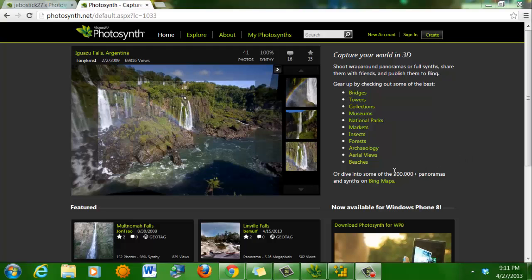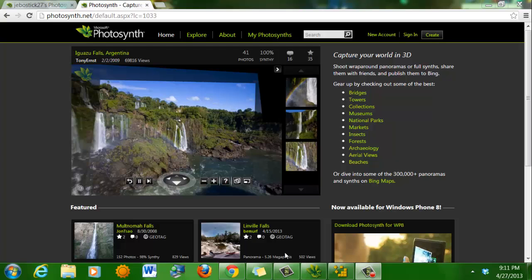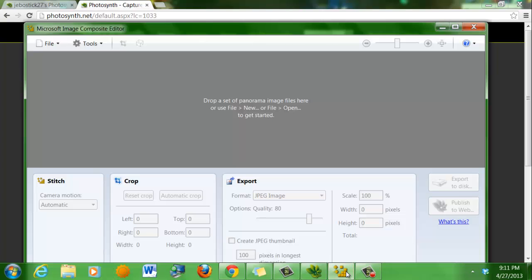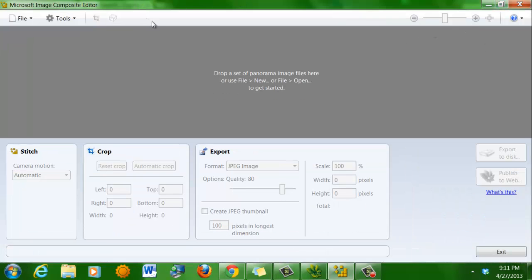So first, we are going to open up what's called the Microsoft Image Composite Editor. Now, this is just one preference of mine that I use to stitch all of my panoramas. You certainly don't have to use this kind. There are hundreds of different kinds of photo stitching software out there. You simply need to use what is more suitable for you. But this one, I just thought it was very simplified and straightforward, and it produces quality panoramas,